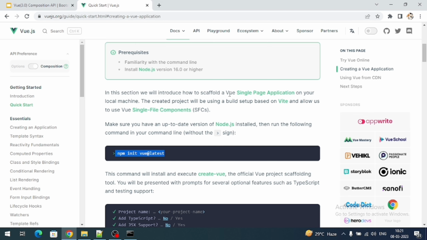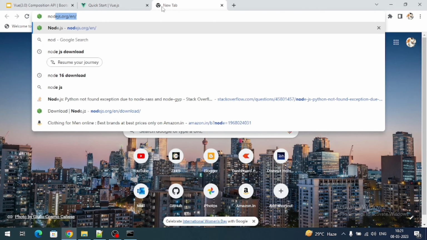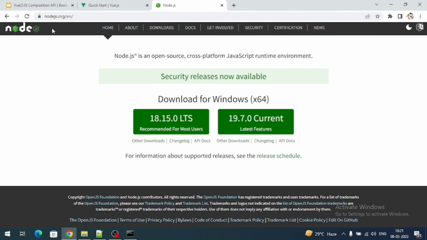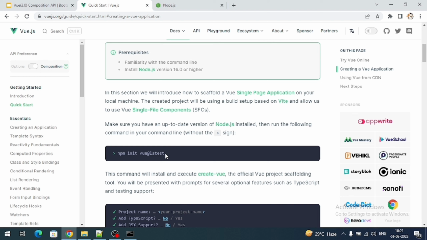If you don't have Node.js, just go to the Node.js downloads website, and you can download the latest LTS one, because npm command only runs when we have Node.js running in our local machine. So now copy this command